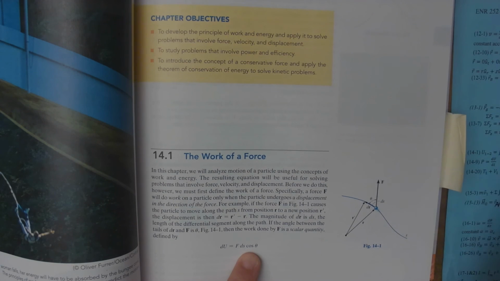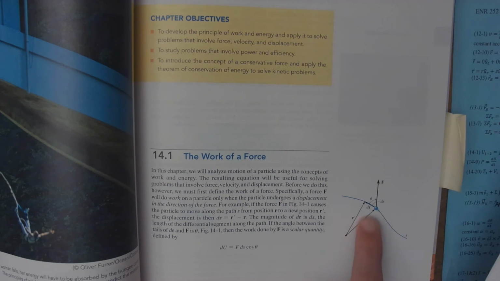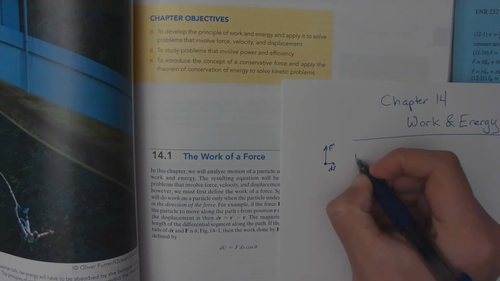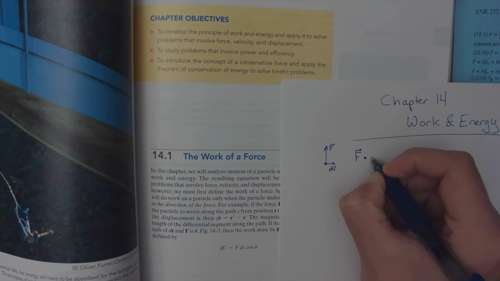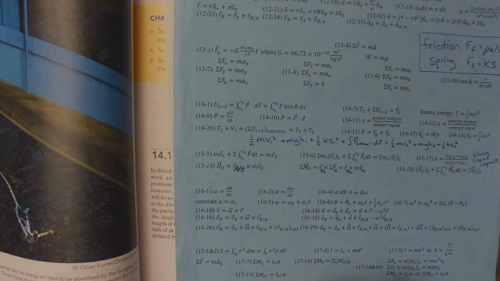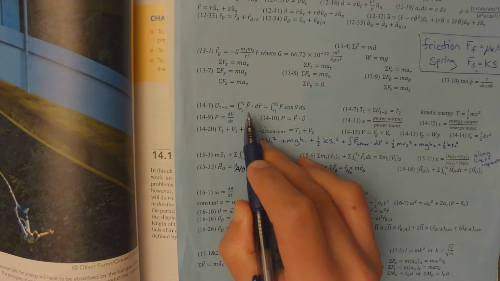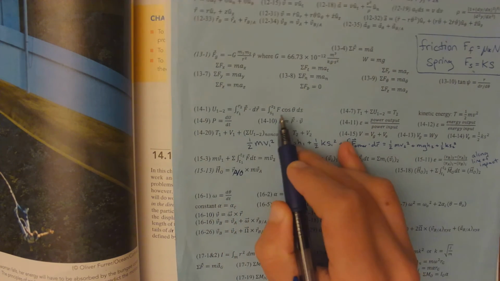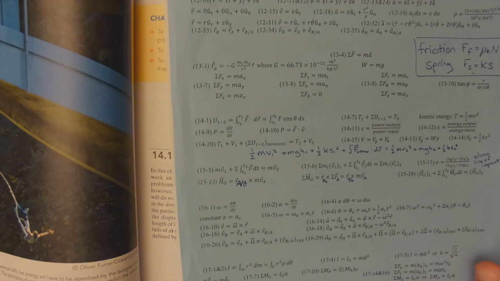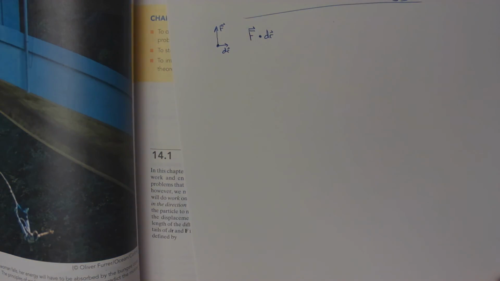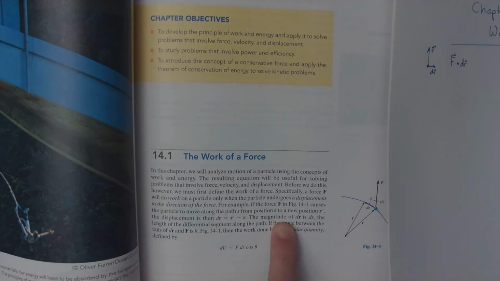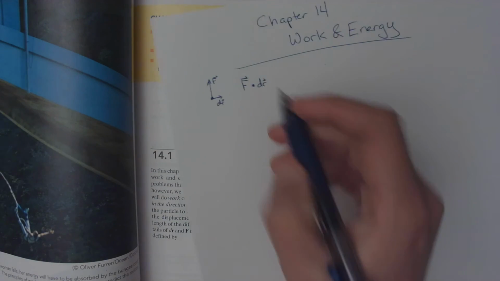So that's why we have the cosine of theta here, and theta is the angle between the displacement vector and the force vector, but you may recognize that. We could write that as the dot product. So if you look at equation 14.1, we have the work is the integral of F dotted with dr, or you can say the integral of F cosine theta ds, where theta is the angle between the force vector and the displacement vector, and I think they say it here, the magnitude of dr is ds,